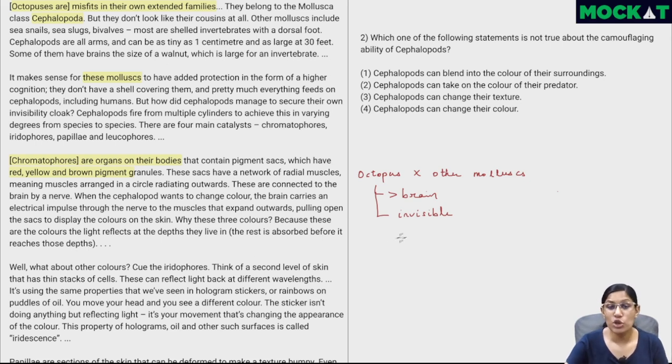So essentially these chromatophores are organs which have these 3 color pigments, red, yellow, and brown. Those are the only colors which are visible at those depths. The others have been absorbed. And whenever needed, the brain basically makes the radial muscles expand, which opens the sac, and so these colors come out. So this is the first way in which they are sort of camouflaging themselves. I'll just write CHR for chromatophores in short. And what they are doing is